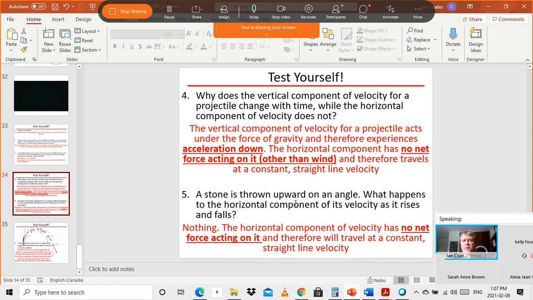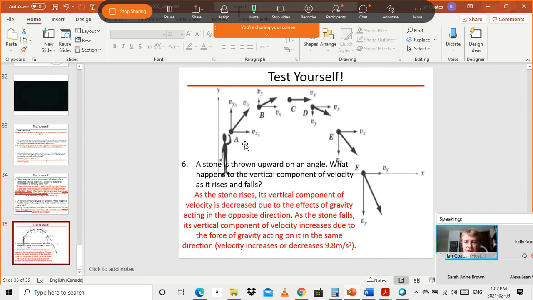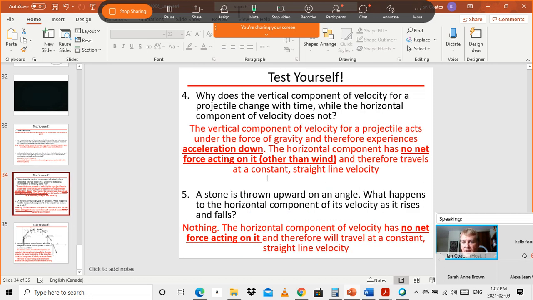Why does the vertical component of velocity for a projectile change with time, while the horizontal component of velocity does not? Going back to this one, you'll see the horizontal component is all the same. No changey. But the vertical component is constantly changing because of gravity, right? The vertical component of velocity for a projectile acts upon the force of gravity and therefore experiences acceleration down. The horizontal component has no net force acting on it, other than wind, and therefore travels at a constant